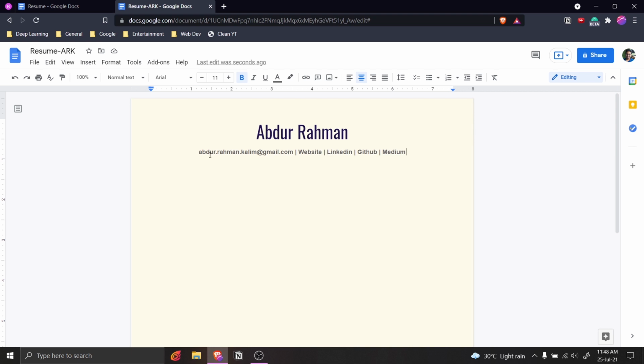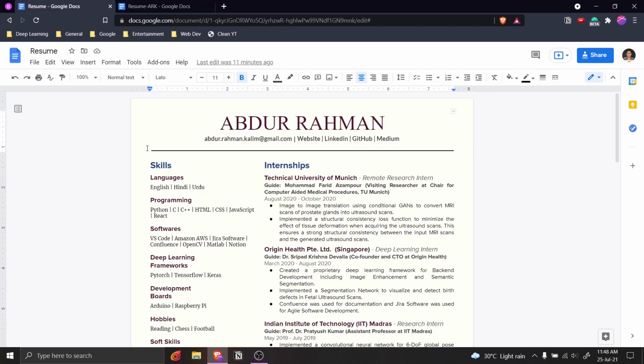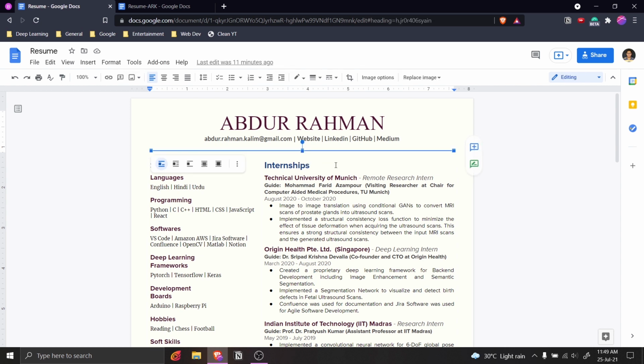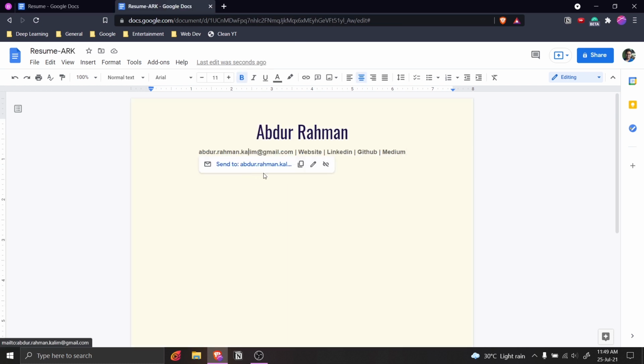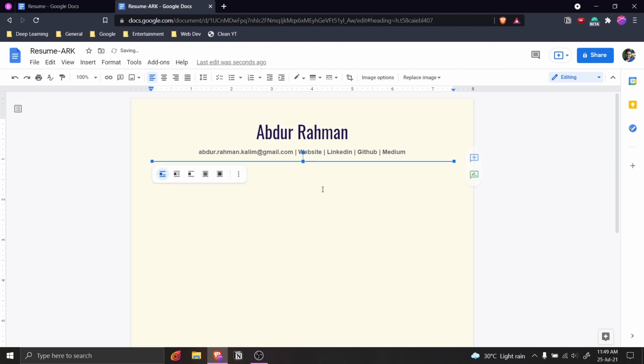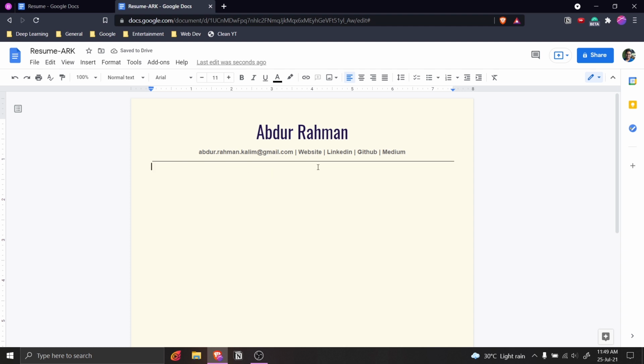So now that the title and these links are done, let's add this horizontal line. And the way I got this line, I guess I got it from another resume doc that I found, and you can create it manually if you want, but I'm just going to copy it from here and just paste it. Okay, so now that's how you get the line. And from now on, any time I make a resume or anything, I just copy and paste it. I don't create it manually.